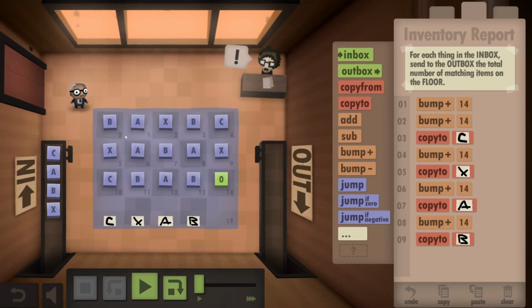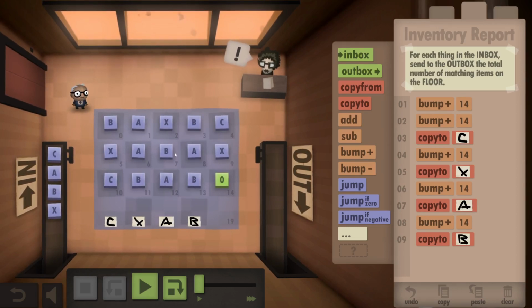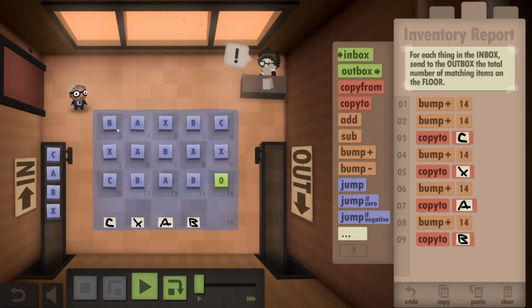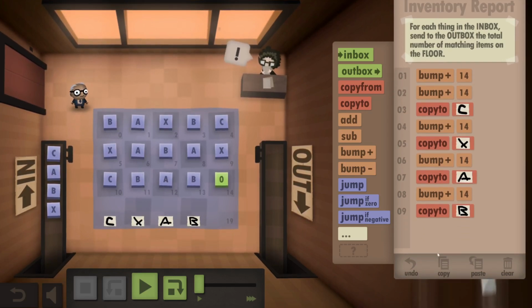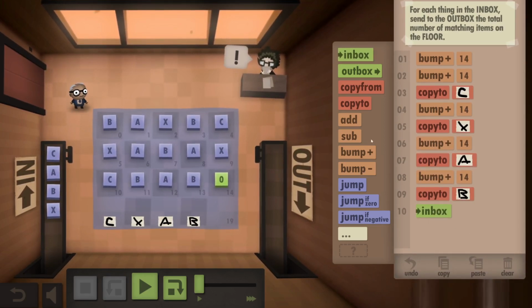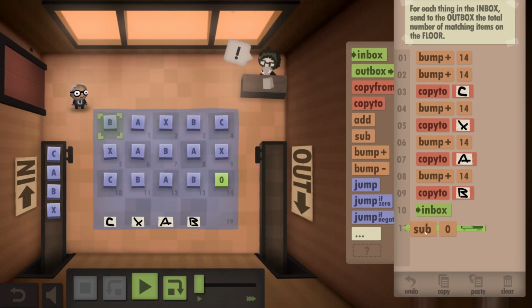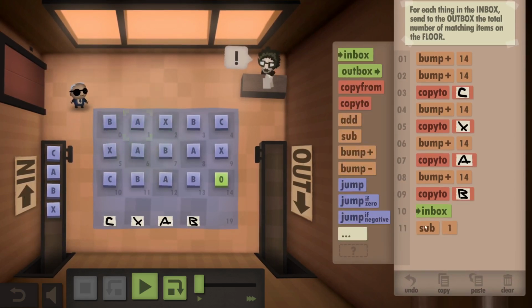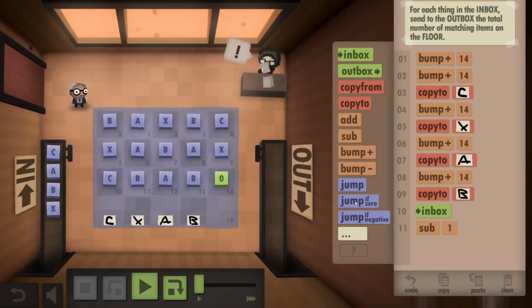So now we have a count of all the letters we have on the board, and so when we see an input, there's no reason to go through everything again one by one because we've already done a total tally of all the letters. So once we get our input, all we need to do is compare that against, let's say, A. And then if it is,